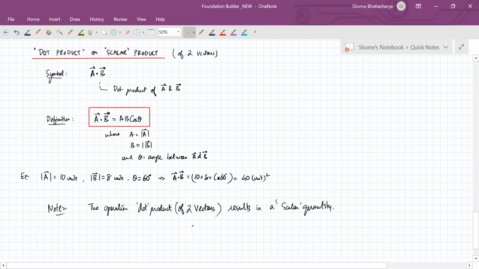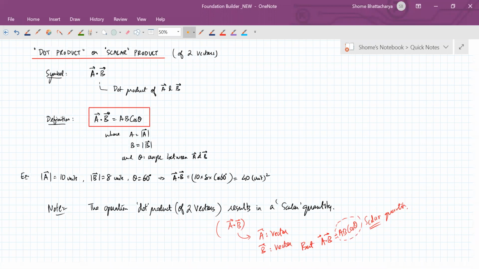Okay. So basically what we mean to say here is that it's very obvious. When we take the quantity A dot B, A is a vector, obviously. B is a vector quantity. But A dot B itself, what is that? That is equal to AB cos theta. So this is what kind of quantity? This is a scalar quantity. And that's why the alternate name is scalar product, because the output of the operation, or what we get by operating this, gives us what kind of quantity? It gives us a scalar quantity.